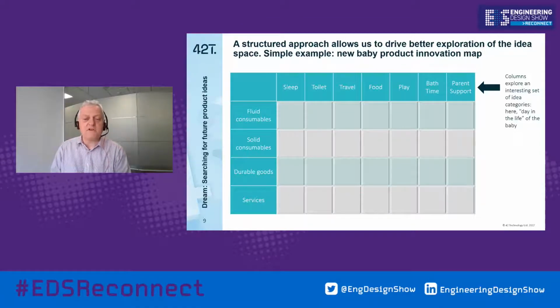And then could the product also leak into the areas outside the baby itself, into some kind of support or help for the parent, perhaps when the baby's not with the parent or when the baby's gone to sleep. So that's meant to be, and you can use a day in the life analysis to get to, and we'll talk more about that later, some good touch points in the life of the user, or the life of the baby, to think about where innovation might